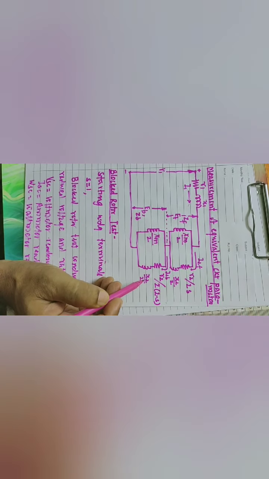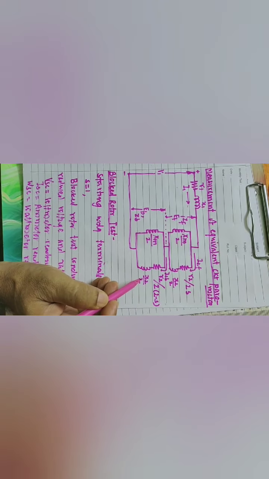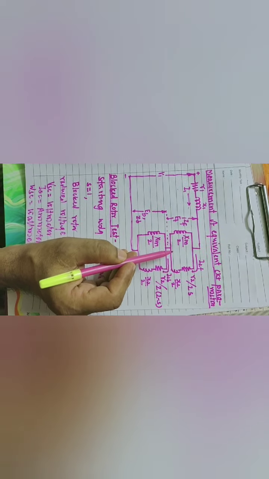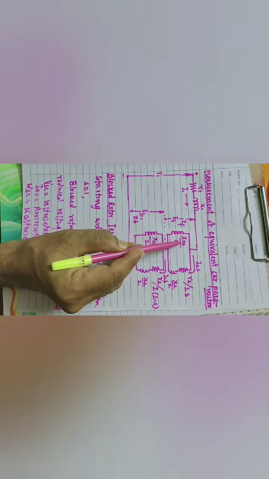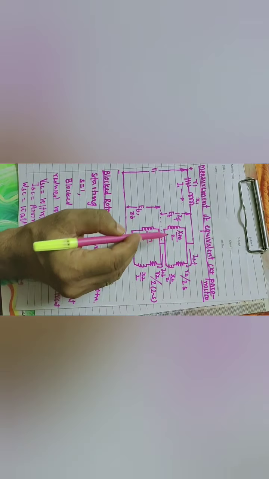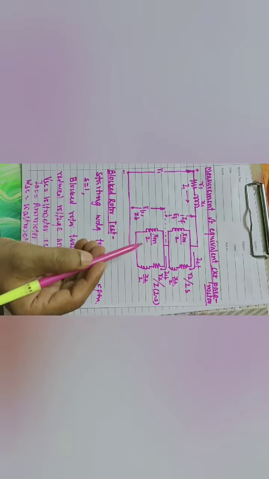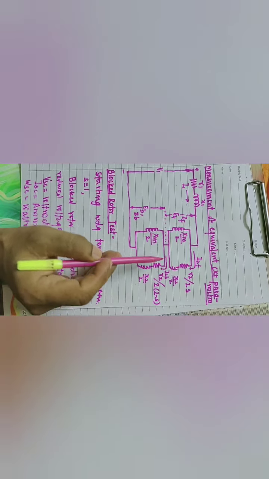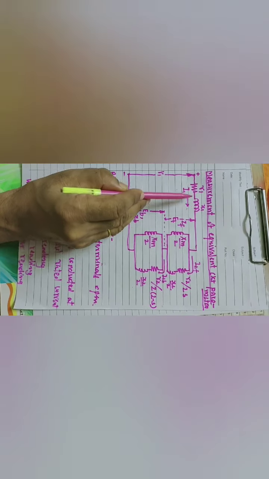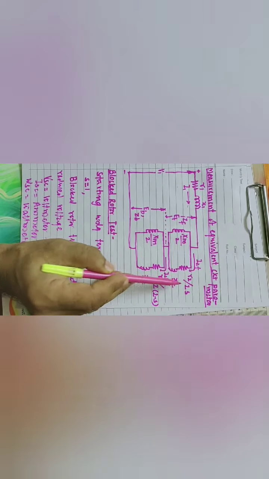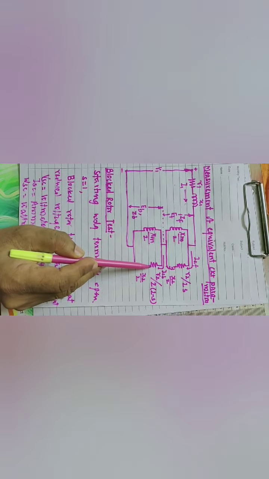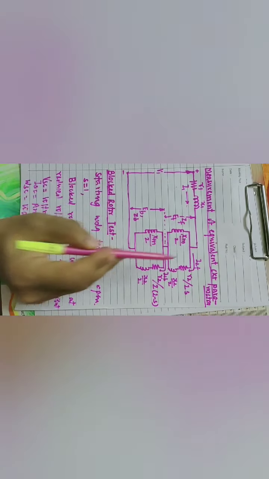At the same time, as the voltage applied to the motor is small, the magnetizing current is small, and the magnetizing reactance branch is neglected. This is the magnetizing reactance, Xm by 2 and Xm by 2, which are neglected. So the equivalent circuit under block rotor test will consist of R1, X1, R2 by 2, X2 by 2, R2 by 2 and X2 by 2. This way we can draw the equivalent circuit under block rotor test.